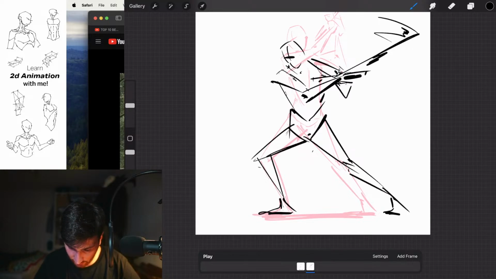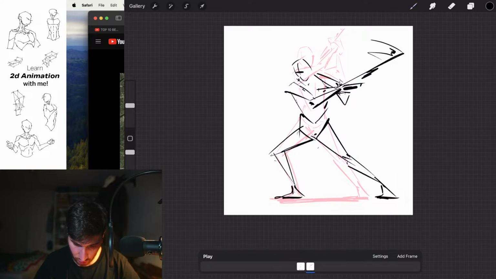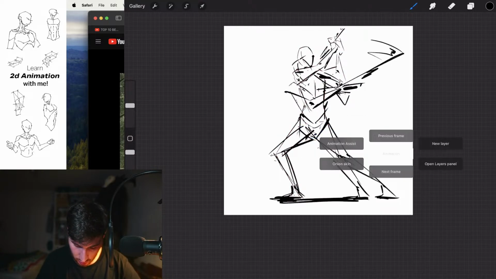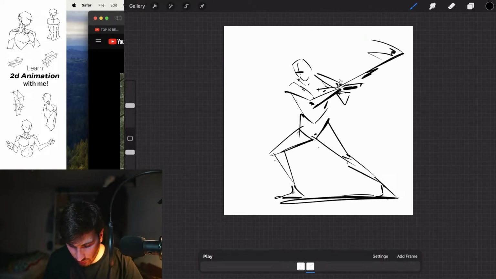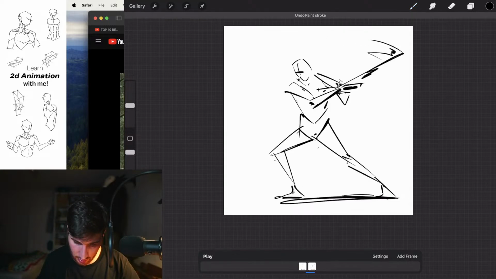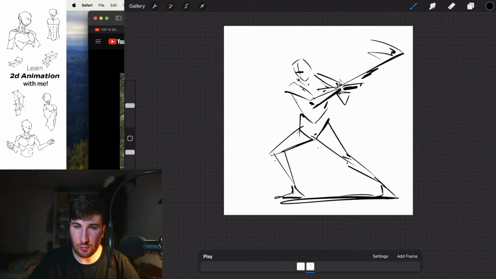Add that. So he's moving down here. A little smear was added here. Cool. And now the next one